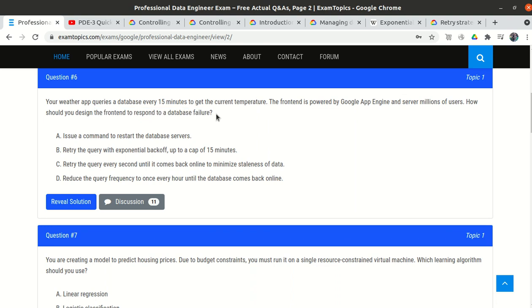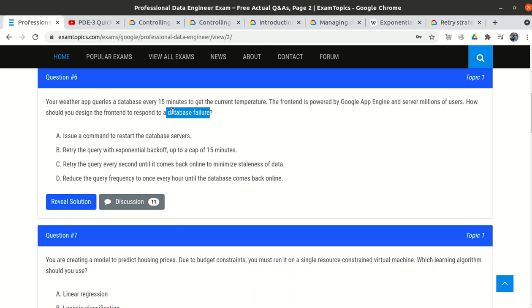So they said that as our app is issuing a query every 15 minutes, and millions of users are using our app, if there is a database failure, how will we design the front end? Because if the database fails and we did not design the front end in such a way, then what will happen?